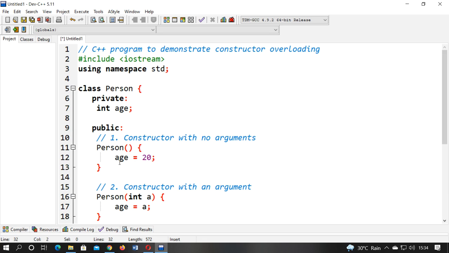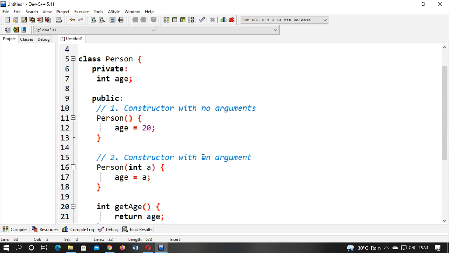So I have passed some value for the integer variable, that is 20, means we are passing the value 20 in the age variable. Now I have created another constructor which is an argumented constructor. I have passed a parameter list, means integer a, and putting the value of a into age. So the argument value of a will be stored into the age variable which I have already declared.